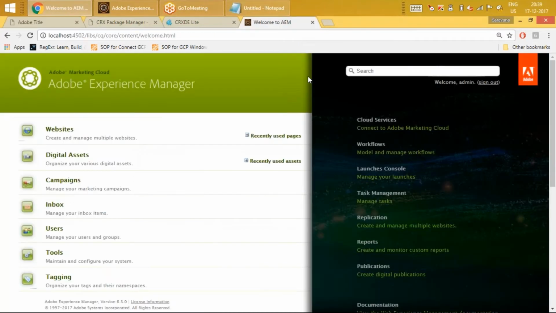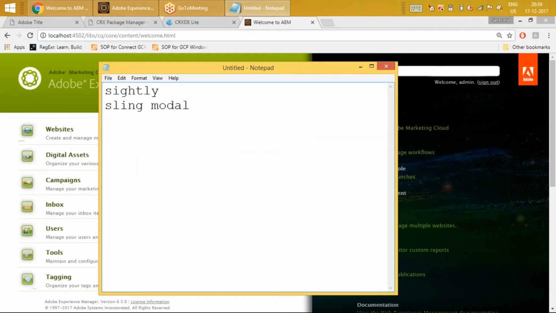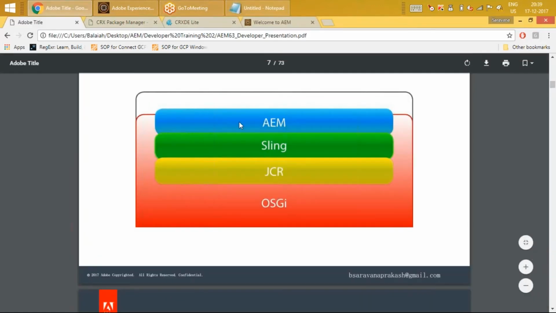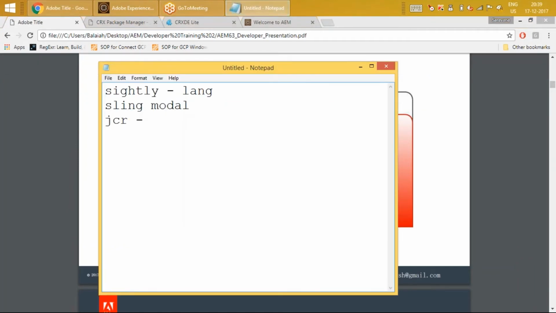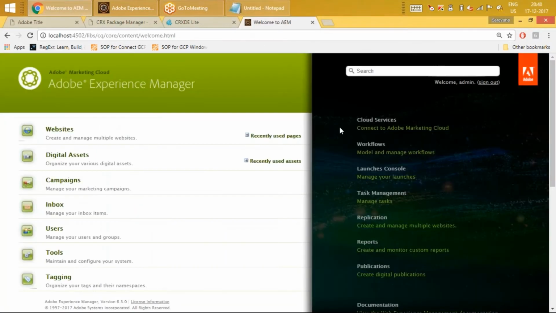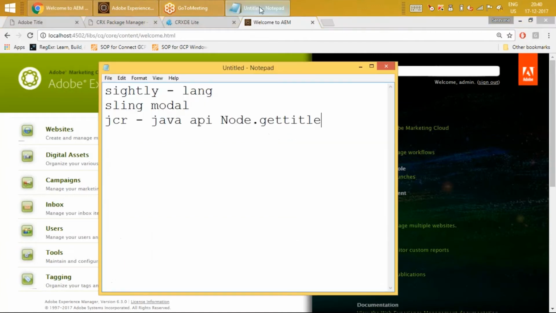In order to render on my web page, we have a layer, and we can do it using a language. We are going to learn that language called Sightly. I can optionally go for a Sling layer. I can render content at the JCR layer also. I have Java APIs, like the Node API, node.getTitle. So at the JCR layer also I can render the content. It depends on how your coding has been implemented. Recommended will be to stick to the